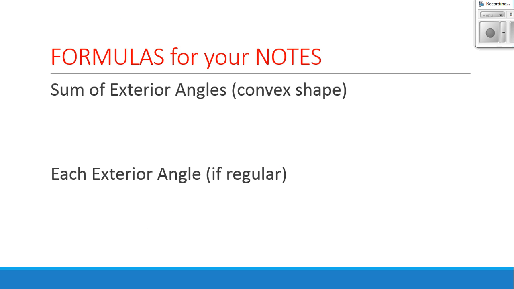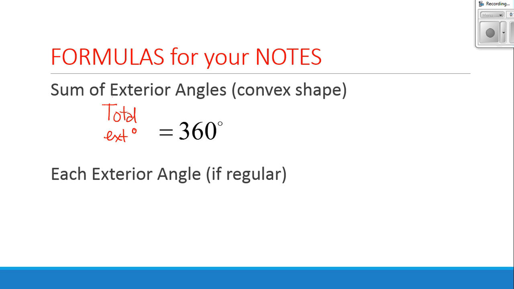Okay? So also you need to write down these formulas for your notes. The sum of the exterior angles of any convex shape always, the total exterior degrees, no matter what side of figure we have, is always 360 degrees, no matter how many